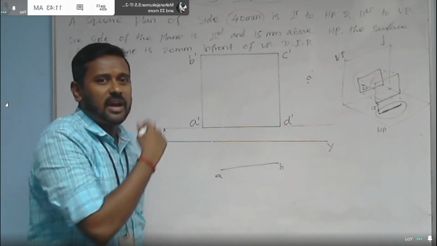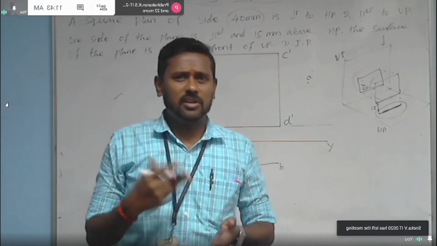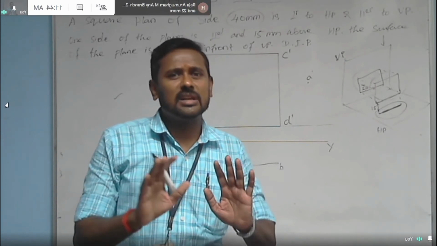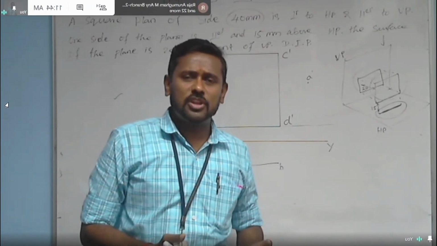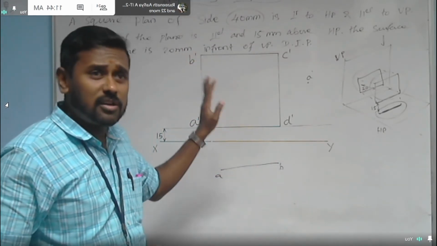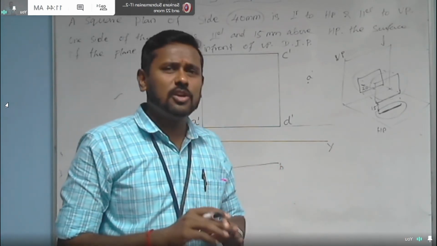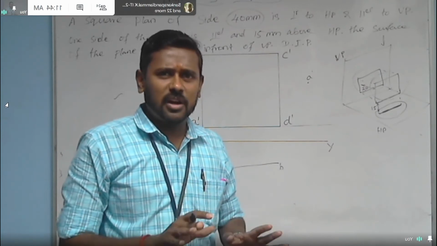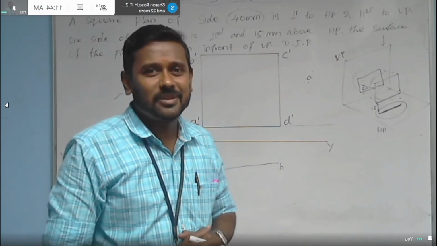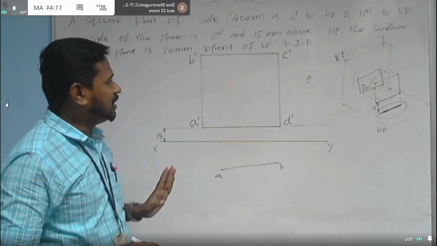This kind of naming is not a constant one. It depends upon our reference only. In our class we can follow a standard norm of our own. Maybe in some books they are named with numerals, or someone may name them A1 dash, A2 dash. This is not a unique one. For our convenience, we can use any one in our class, but that should be followed up to the end of the syllabus. So here I named it as A dash, B dash, C dash and D dash. I mentioned the names of the corners.